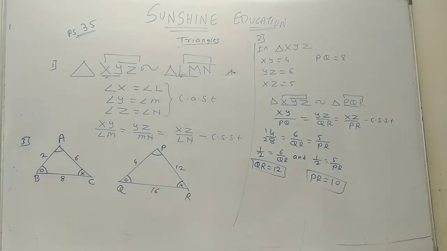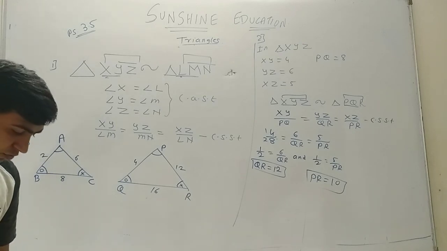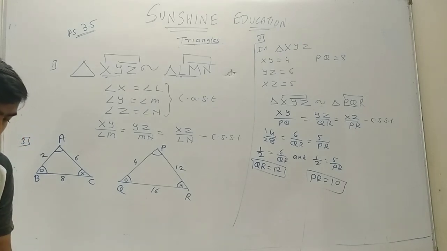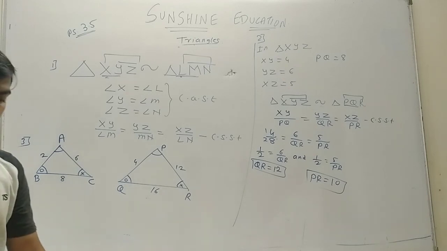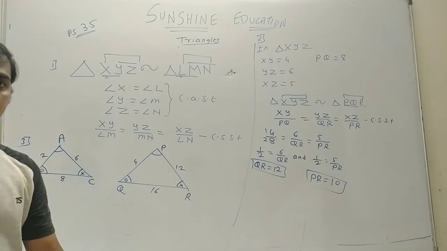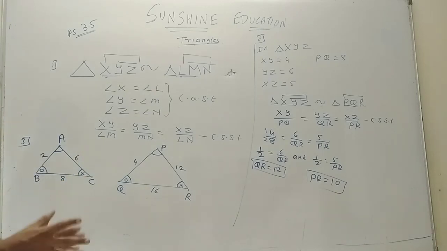So that's it for practice set 3.5. I hope each and every exercise is understood. If you have any problem with showing the congruency, side angle side test, hypotenuse side test, then go to the first exercise, see it, then come to this exercise.